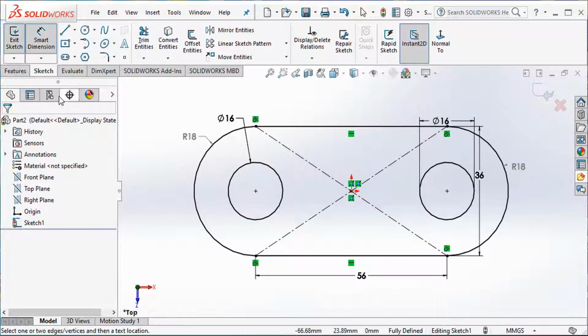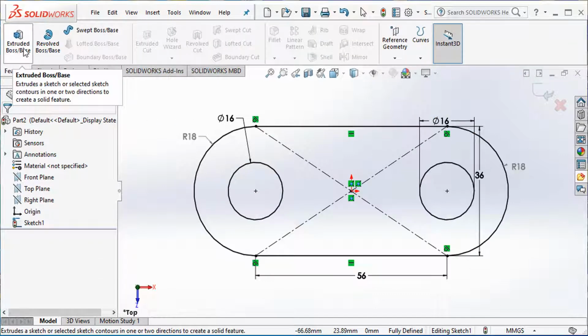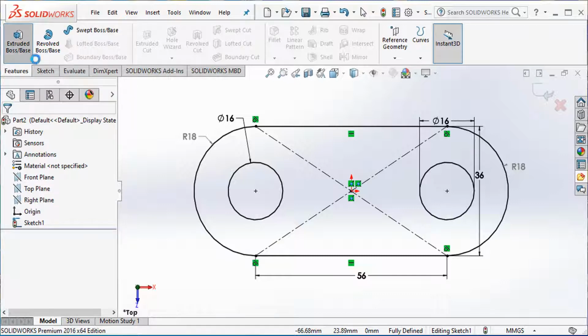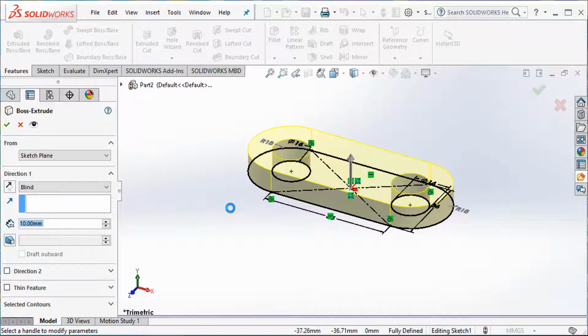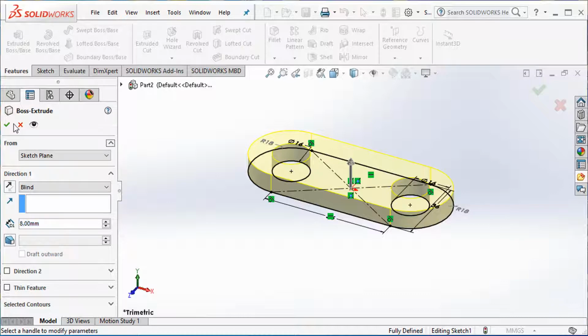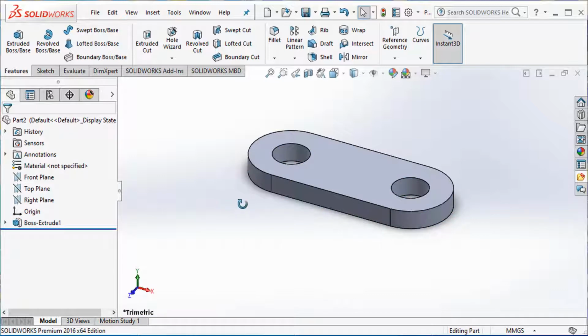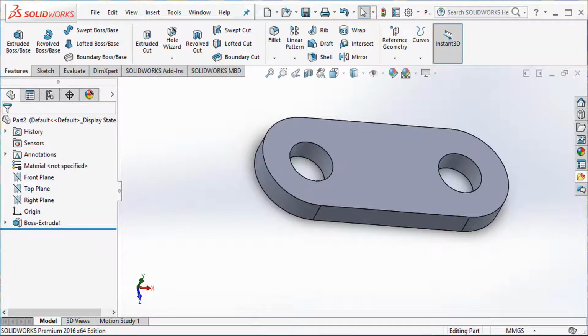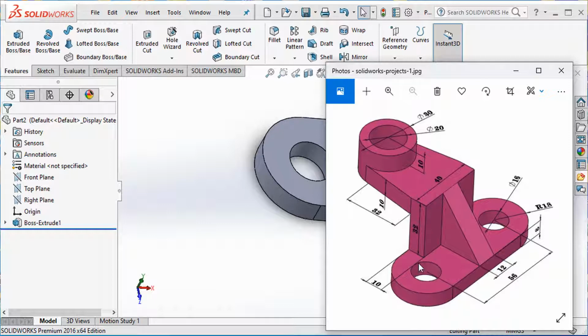Okay, so then I have to get feature, extrude boss. Extrude to 10 millimeter. Okay. Okay, then I have to create this portion, 32 and 40. Okay,